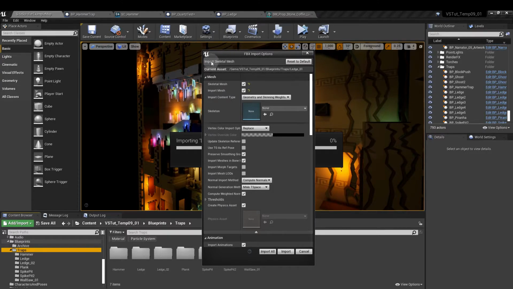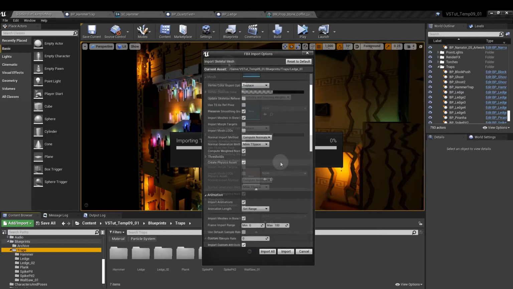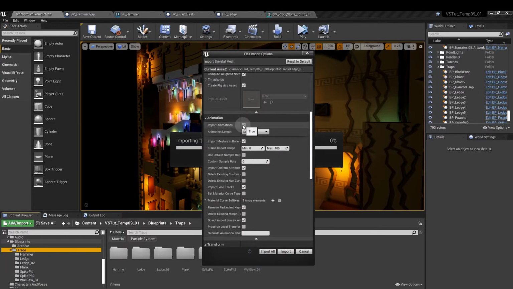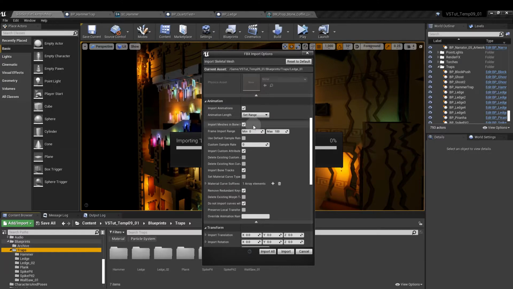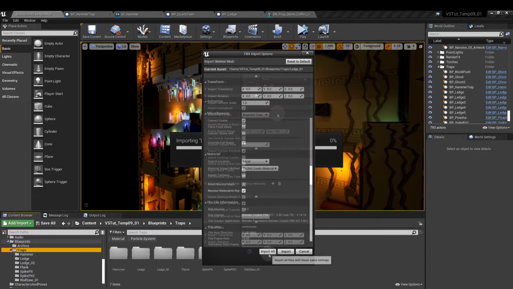So we're importing a skeletal mesh, as you can see here. If you scroll down to the animation section, you can see that yes, we are going to import animations. And here we can select either to import by the exported time, that's the duration of the animation sequence as it was in Blender, the animated time, which I believe will import all the active keyframes but only keyframes, and then we have the set range, which allows us to define how much of the animation we want to import. So we're going to leave this as exported time. Now import all,